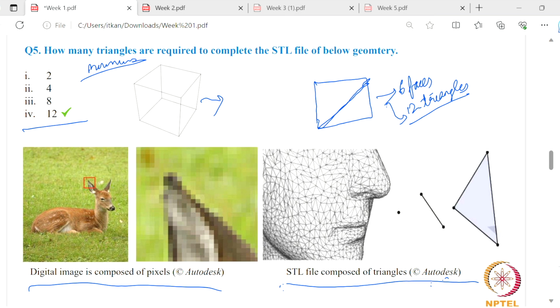Suppose you have a 10 megapixel camera, you have 10 million pixels per snap. Now in an STL file also, we don't have pixels, we have triangles. Why do we use triangles? When we convert your CAD model to an STL file, the size of the file is